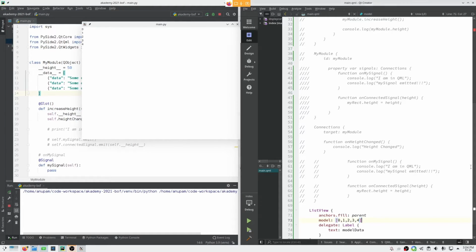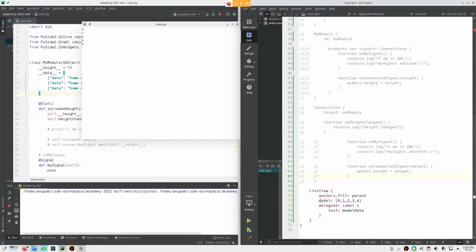This is how list view works in QML. In list view, you need to provide a value to the model property, which is any iterable object, and a delegate property, which will have a component that will be prepared for each of these iterable model values.